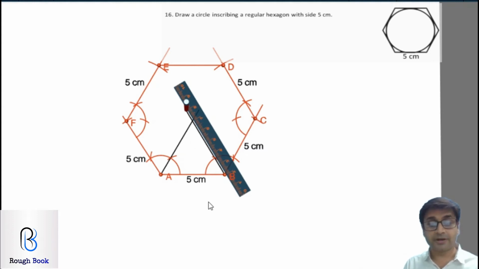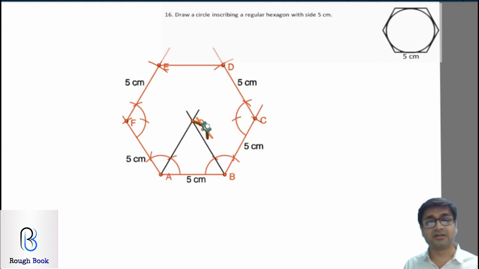Without dropping the perpendicular down, if you draw your incircle straight away, you will lose 1 mark. So let's say if I am a careless child, what I will do? I will directly plot point O, keep my compass on O and directly draw my incircle. It will look like this. Another teacher is smart. Obviously what will happen? You will lose a mark. So you have to drop a perpendicular.